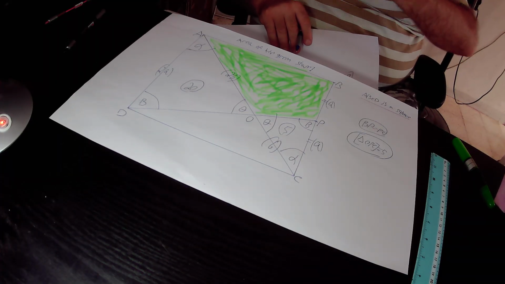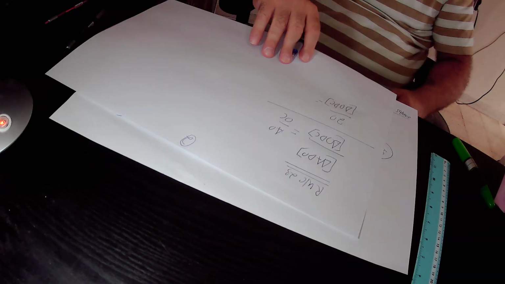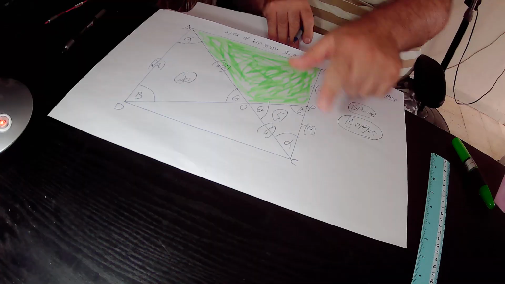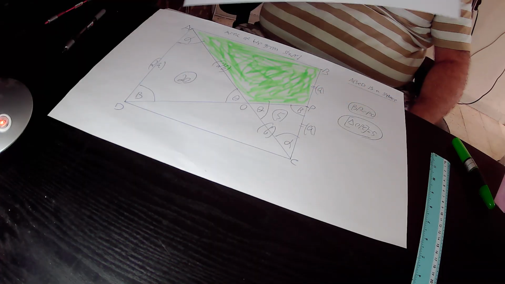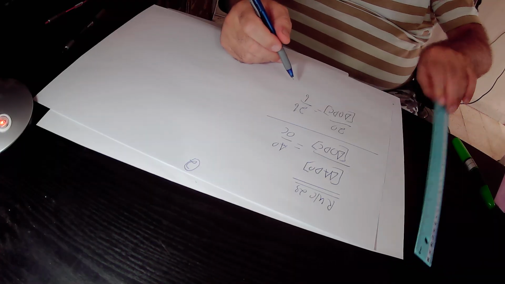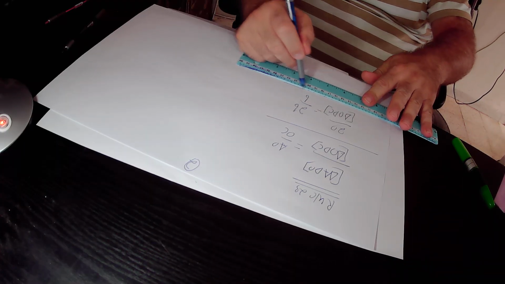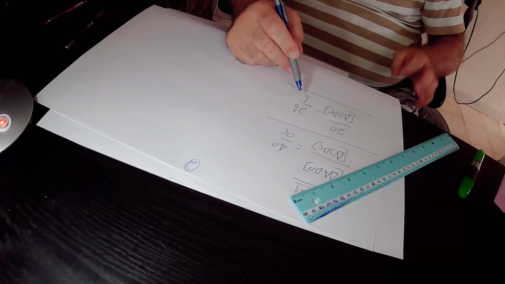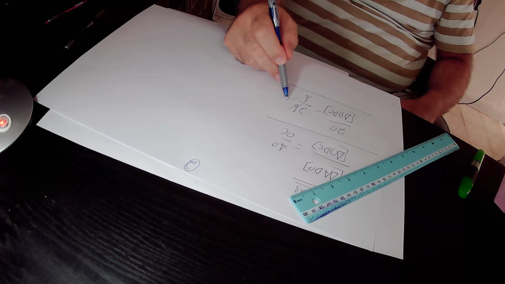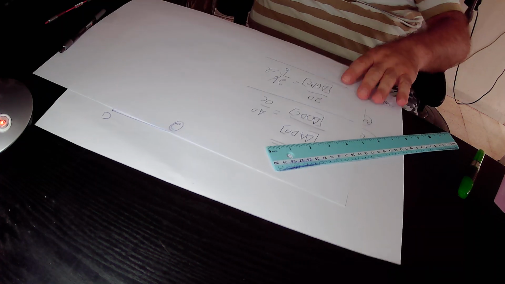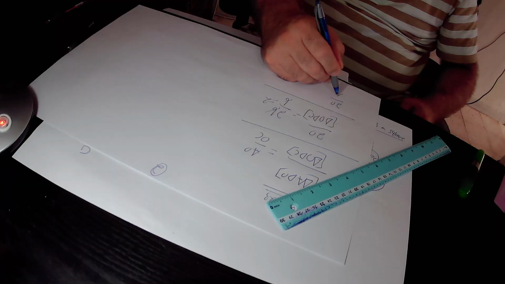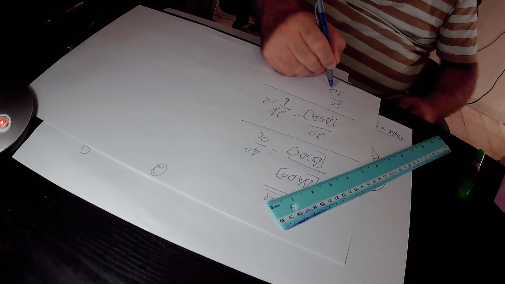AO is 2B over OC. OC is B. So we have B in the numerator and B in the denominator, so B will get cancelled and we are left only with 2. So we found out that 20 over the area of triangle ODC